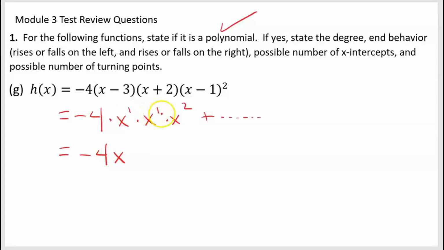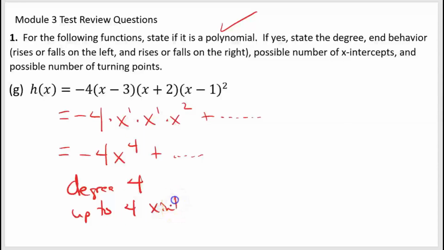There's a 1 there, plus 2, that's 4. Negative x to the 4th plus a bunch of stuff. Now that means we have a degree 4. I'm not concerned about the other stuff. I just want to know what the leading coefficient is. It's negative 4. And what the degree is. It's 4. So that means we have up to 4 x-intercepts, okay, and up to 3